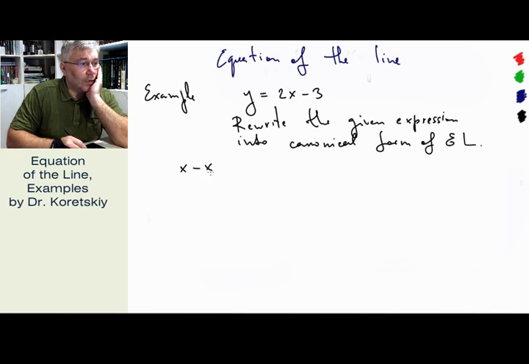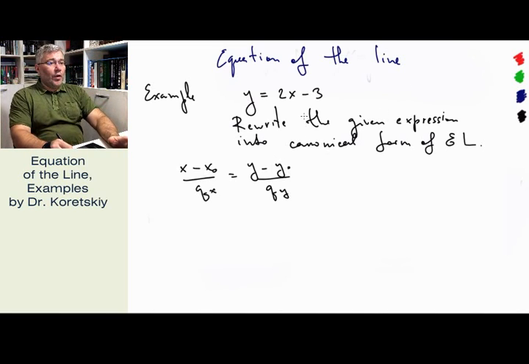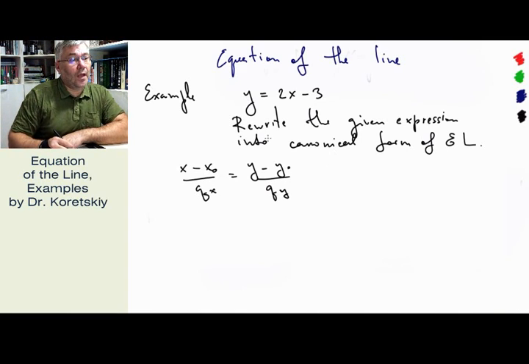of the equation is the following: x minus x0 over qx equal to y minus y0 over qy. So if you manage to rewrite this one given expression into this form, you will have the canonical view of the system of equation. It's very easy to do. So